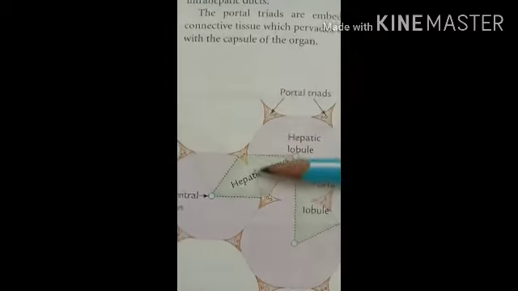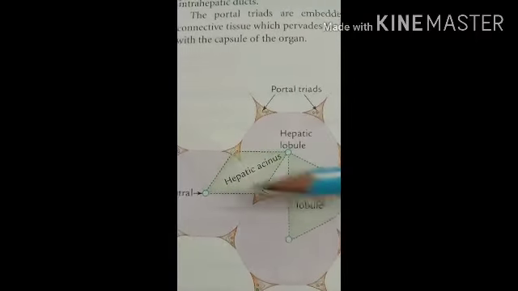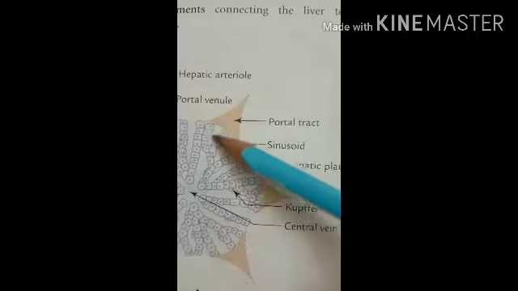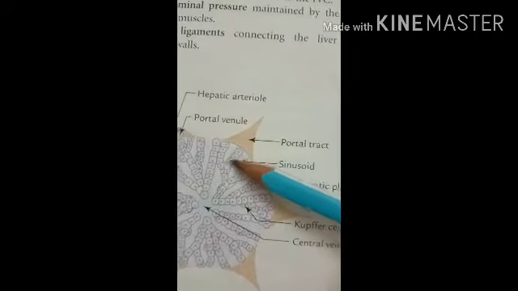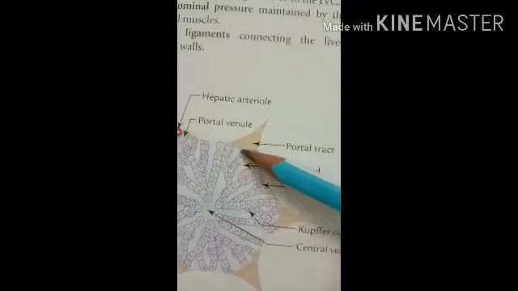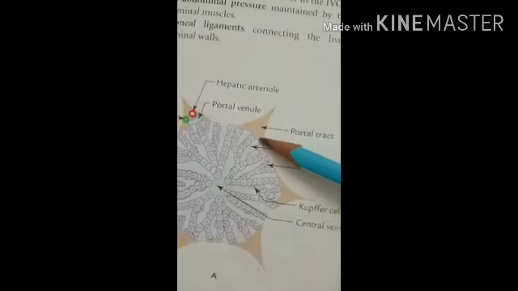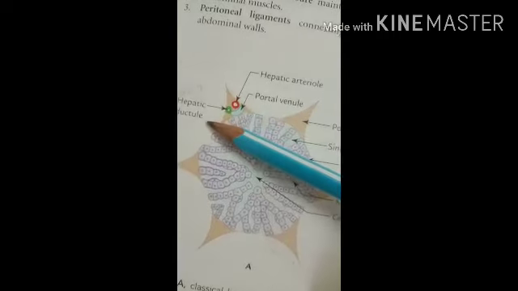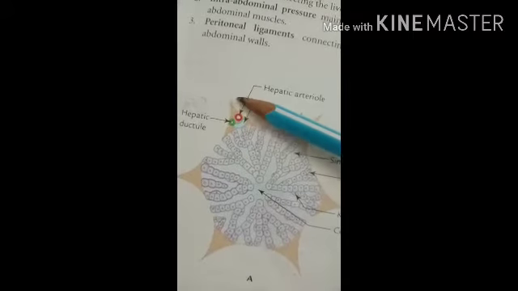Then the bile produced by the hepatocytes first enters the bile canaliculi. Here you can see the sinusoids, and on the other side the bile canaliculi are present. The bile is produced here, passes between the adjacent hepatocytes, and from the canaliculi it is drained into the hepatic ductule, or bile ductule, and then it unites to form the larger intrahepatic duct.